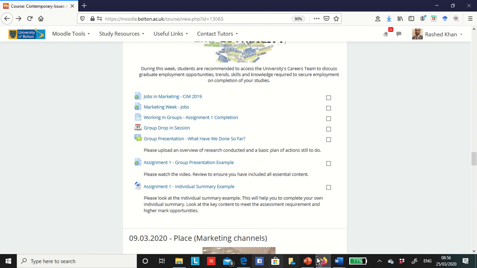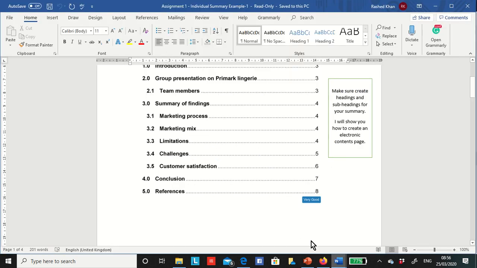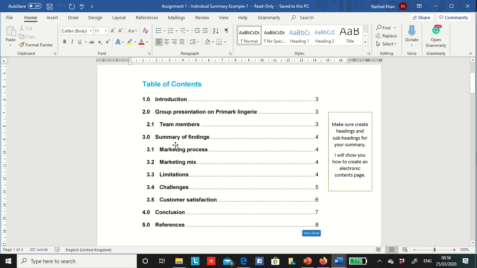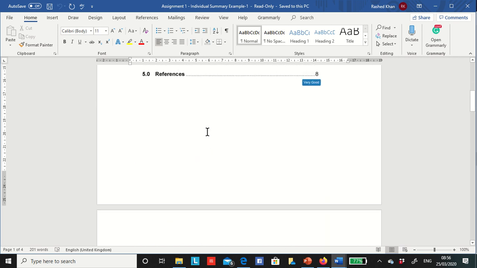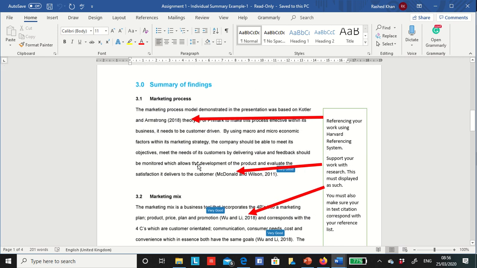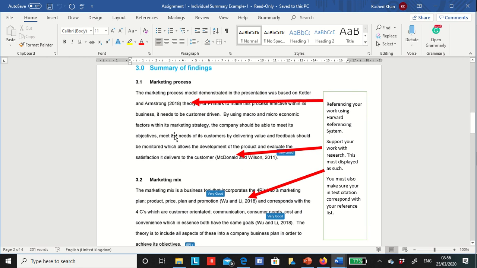Okay, let's go back to the example again. So we know now how to create the table of contents, headings and subheadings, how to modify them. Now about your main body, what is required for your assignment?